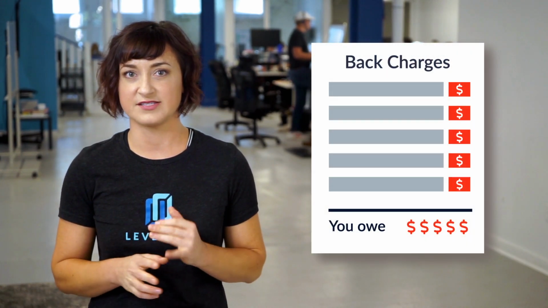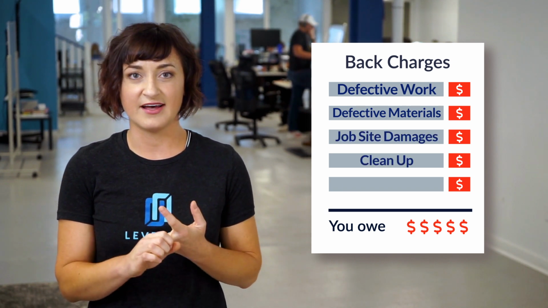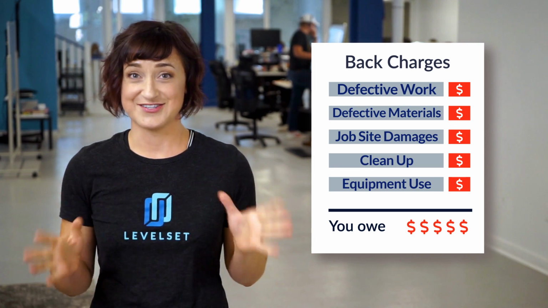A back charge, otherwise known as a right to set off, is basically an offset for unexpected costs, and it can be incurred in a few different ways, such as defective work or materials, damage to a job site, cleanup, or use of equipment. So here's an example. If you're a GC on a project and ended up having to pay out of pocket to replace defective work or clean up the job site because the supplier or a sub didn't do their job properly, it wouldn't be fair, right? Well, if back charges had been provided in their contract, that additional unexpected cost would have been taken out of that sub's next payment.